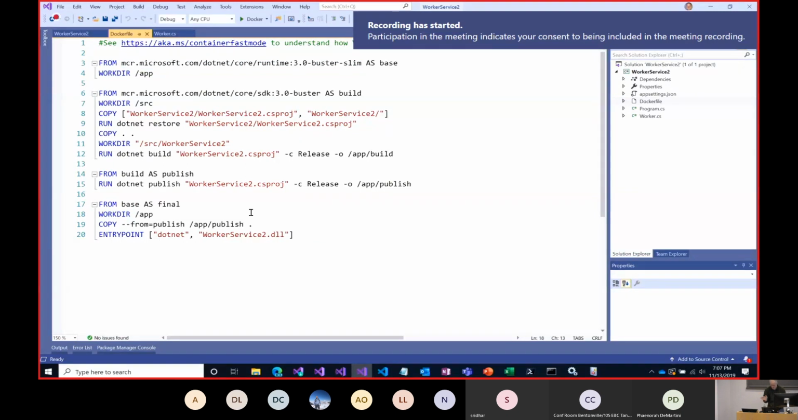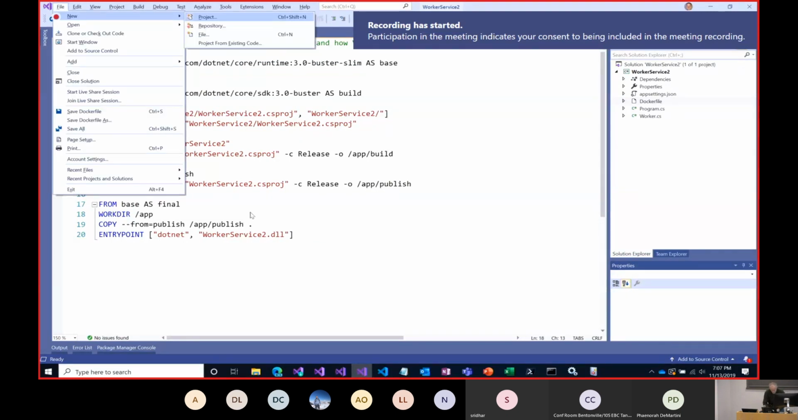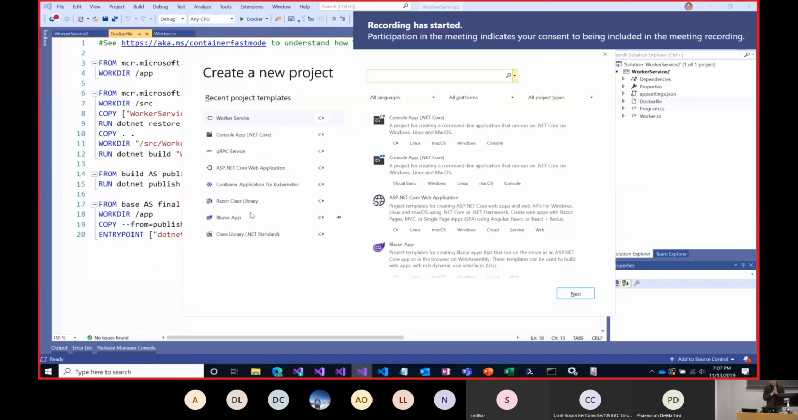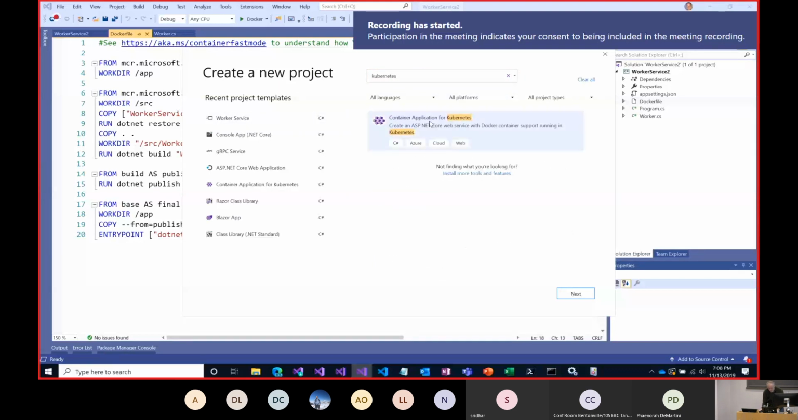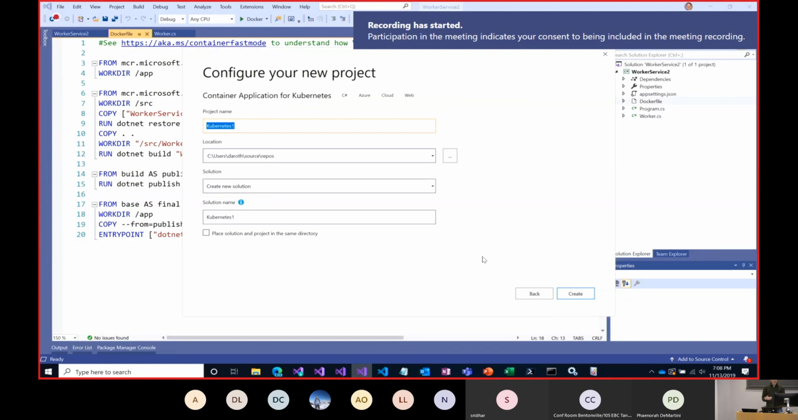All right. Last thing I'm going to show with microservices, whenever you want to do a full Kubernetes flow, we have this lovely template here called Container Application for Kubernetes. So this will get me started with doing development locally on my machine, where the services I'm building are Dockerized, like they're going to run in containers, but I don't actually even need to have Docker for Windows installed on my local machine,